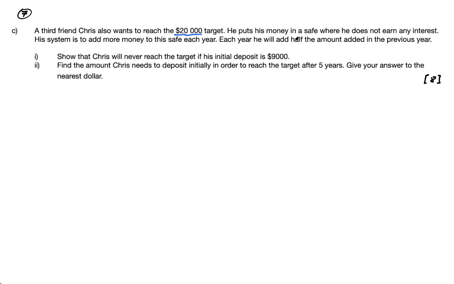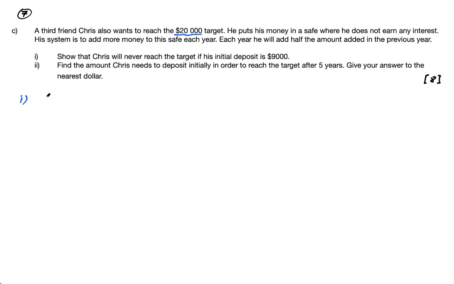Okay, so he's going to add half of it each time, right? So watch this. This seems a bit strange. He's going to keep adding money every year, but he'll never reach his target. And that means never, ever. Even if he lives until $1 million, he'll never reach his target. Now, for me, straight away, I see what topic this is. I know where they're going, but let's get there.